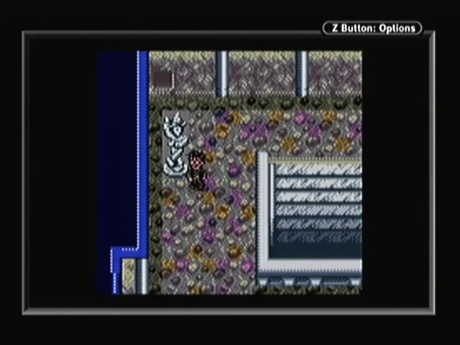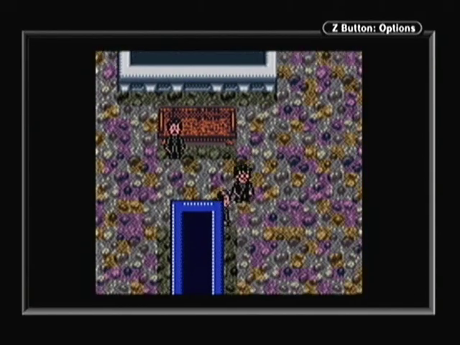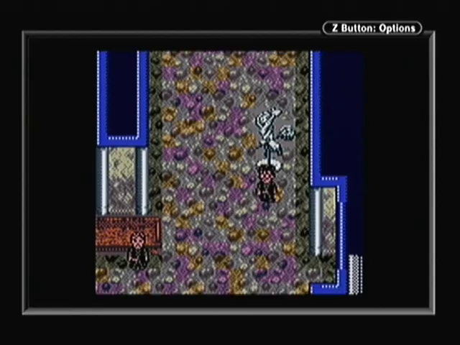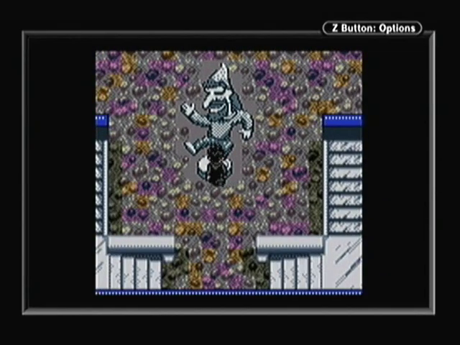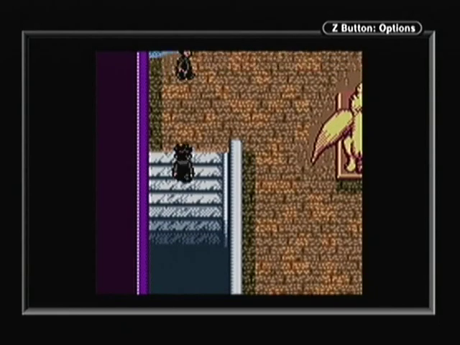Now the thing about Hogwarts Castle is that to get to a lot of floors, it could be anywhere. I think this is one? No. But throughout Hogwarts Castle there are a lot of shortcuts. If you click on certain statues, then you'll find them and it'll take you to another floor. So there are ones to take you from...